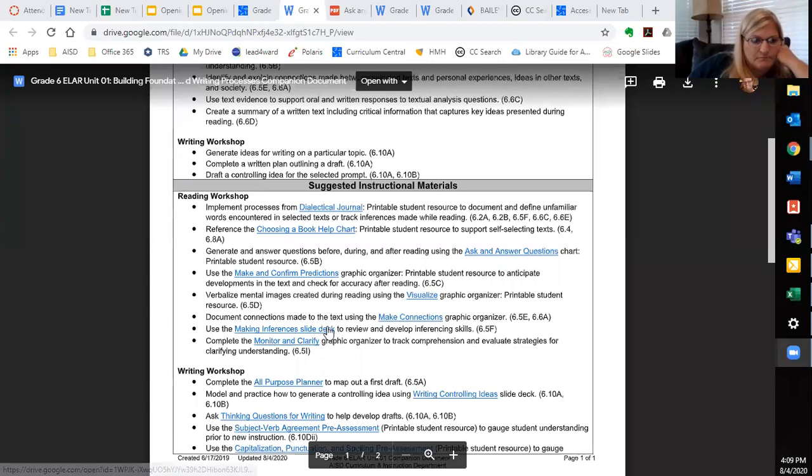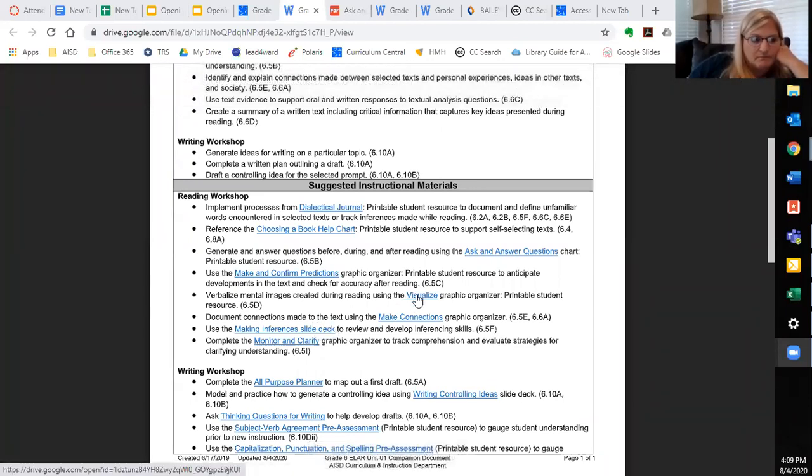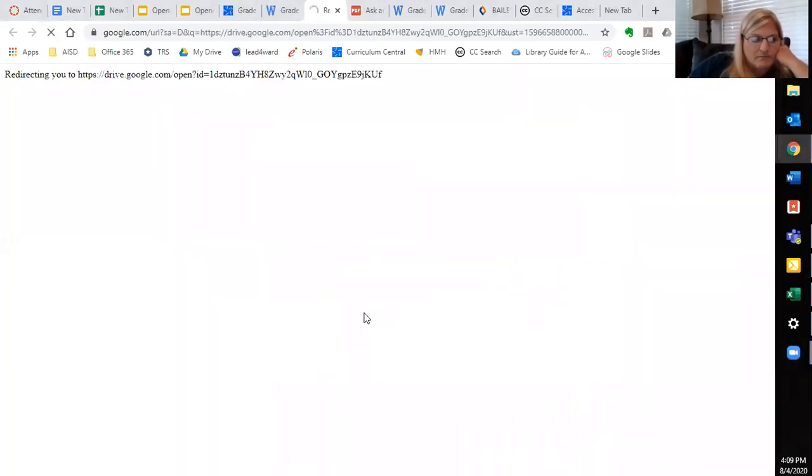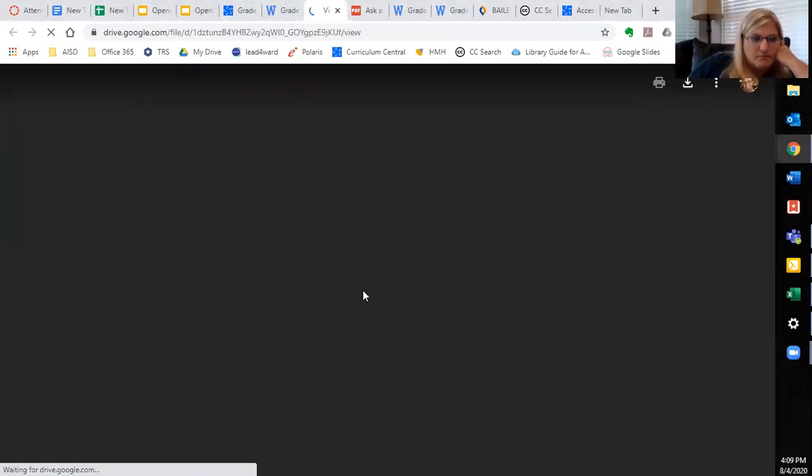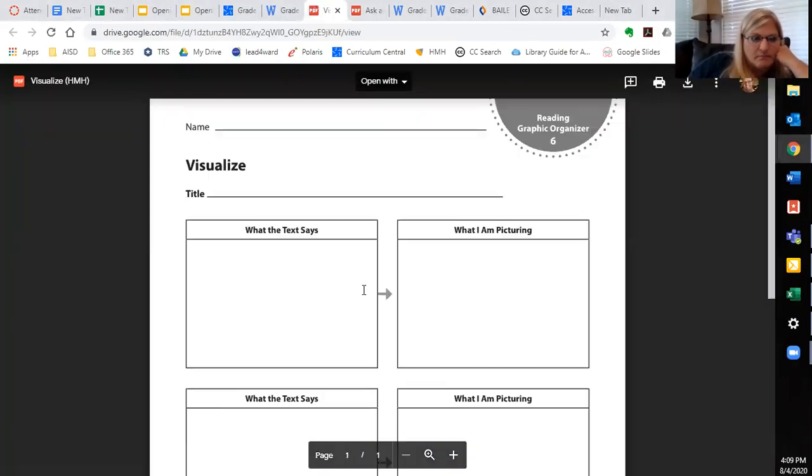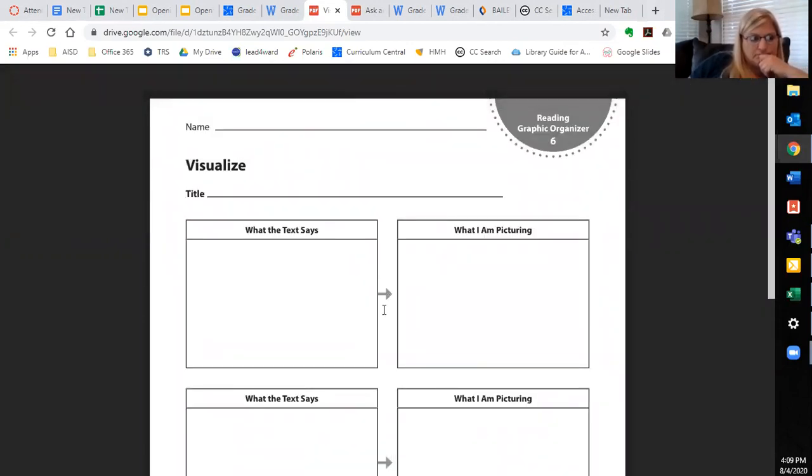Like the slide deck, obviously, you just drop that in. But if I wanted to do this visualized chart, which is an HMH resource, which means you may be able to just give it to them through HMH. But I might be able to find a way to make this in Canvas using our new H5P resource, or